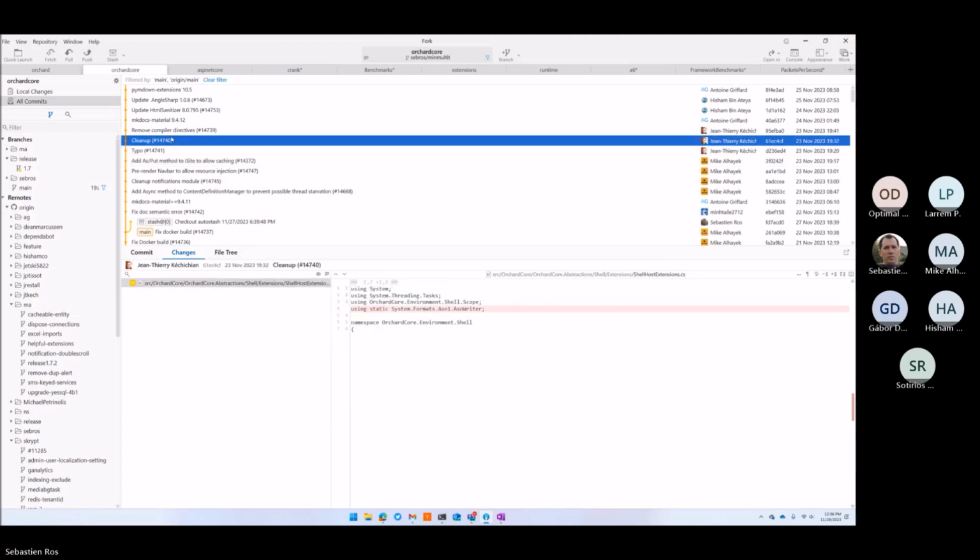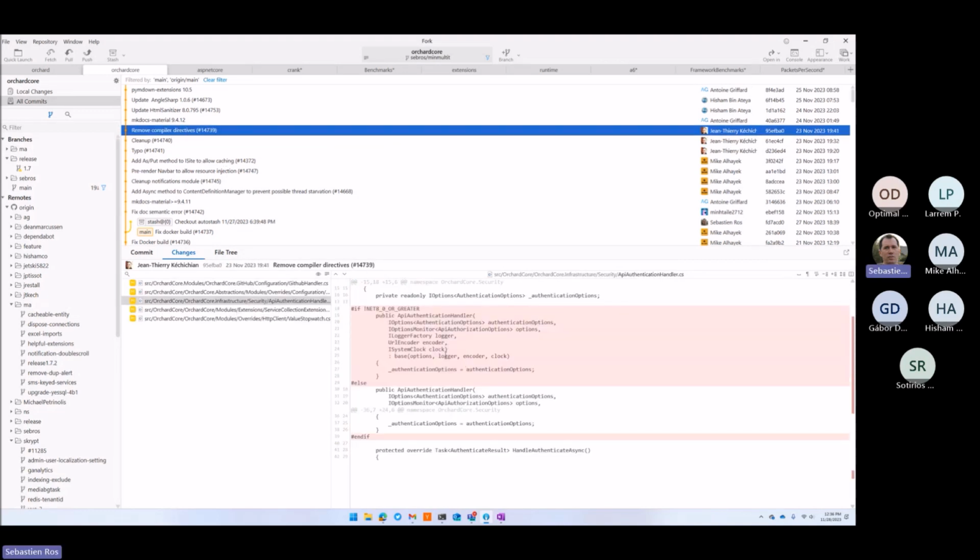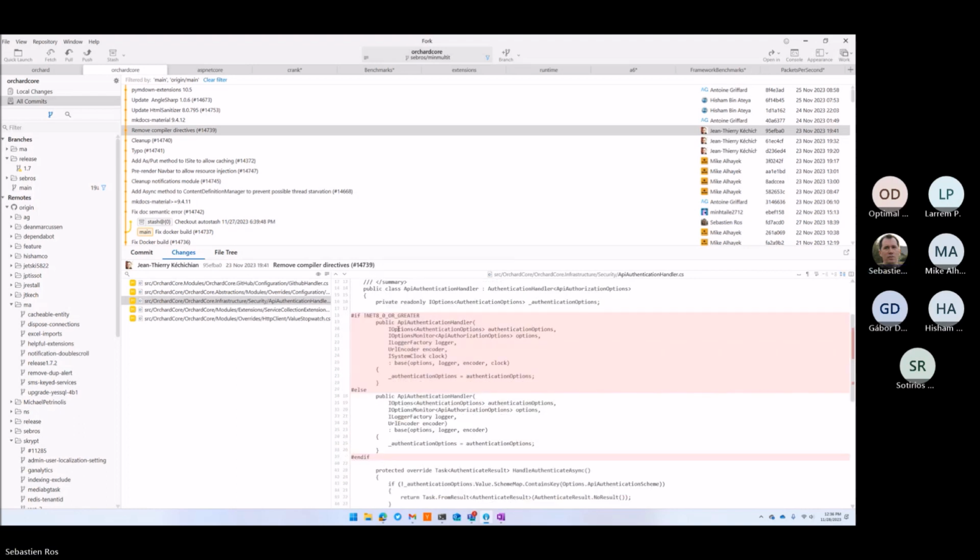Typo. Yep. Value refactoring. Remove compiler directives because now it's the update only. What was the difference? Option later, the factory, UI there. Ah, system clock.